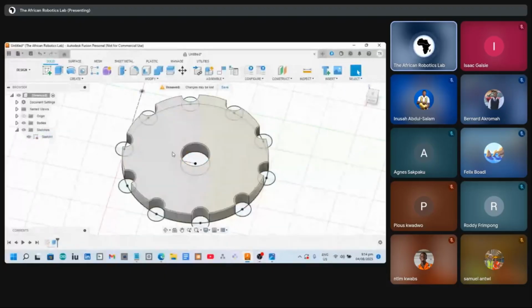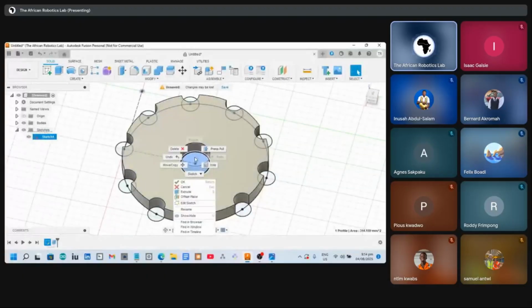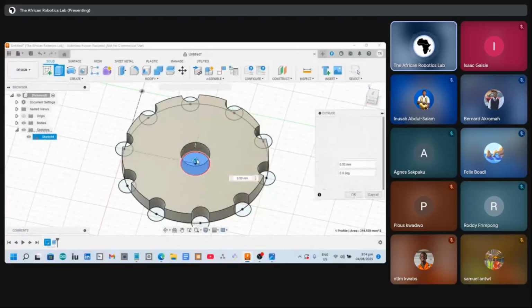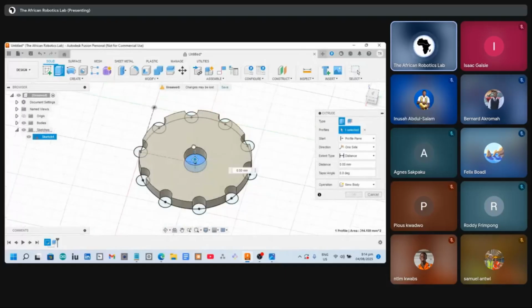So we can just select this, and then we right click it, and then we can see the extrude tool here. So we can just click on extrude. Immediately we click on extrude, you can see the arrow has appeared here. So now we can click on the arrow, and then we can move it up and down to create something